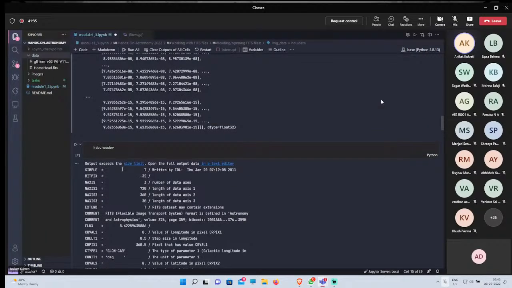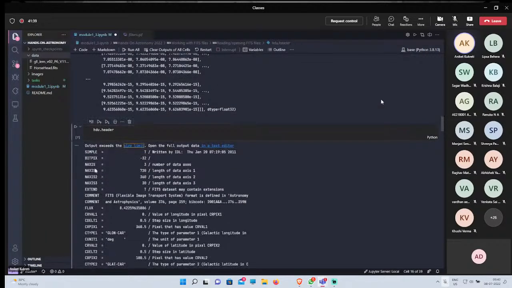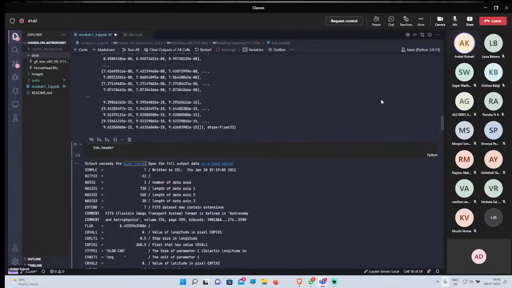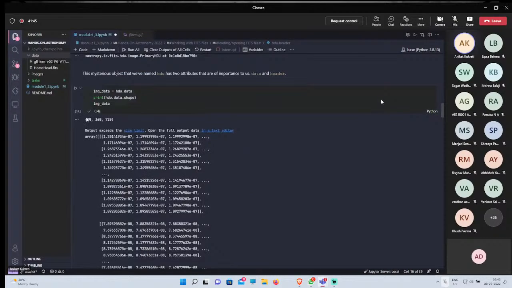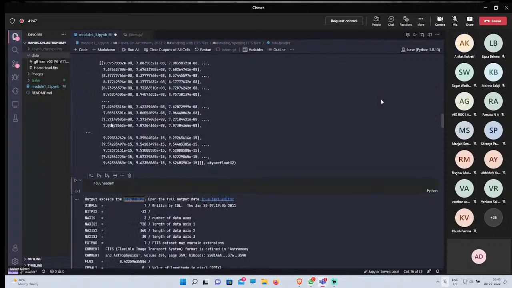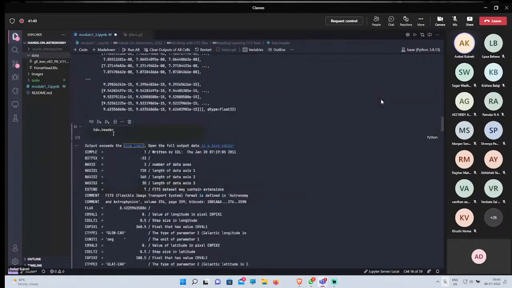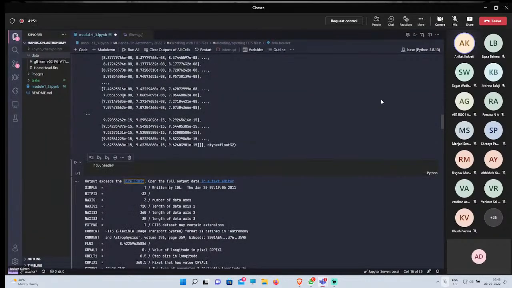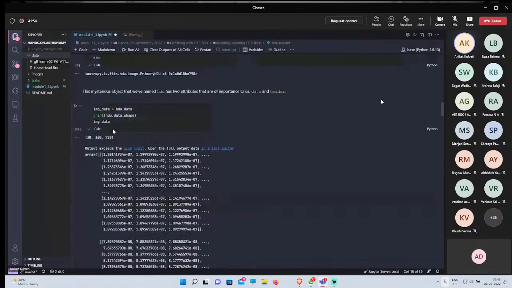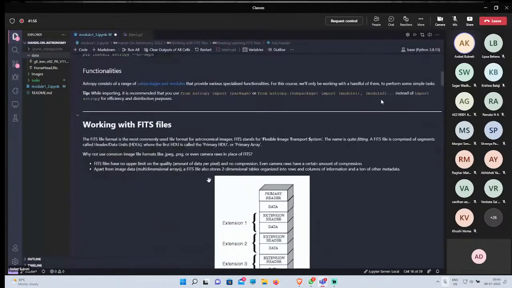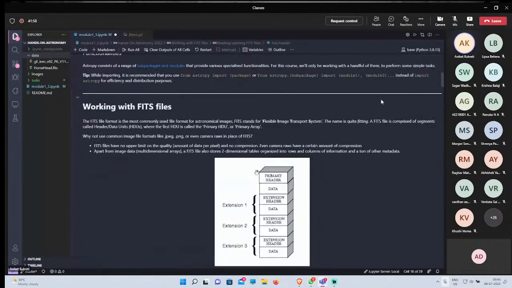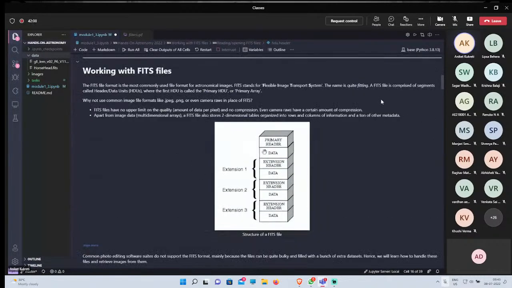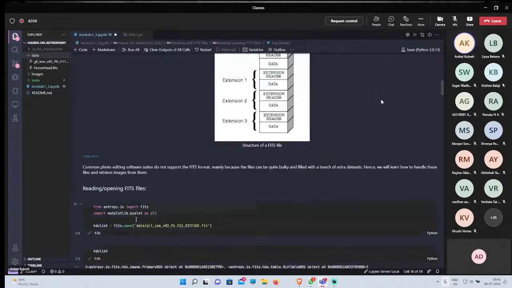So the first thing that we see is SIMPLE. Let's not worry about that. Even I have no clue what that is. But NAXIS, number of axes. This seems like we've seen this here, right? There are 3 axes here. So it looks like this header is giving us information about the data that's present. So if we go back to this structure here, sorry for the back and forth, it seems like each of these objects in the file,